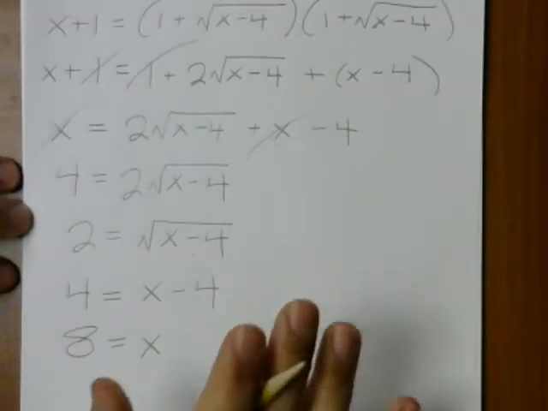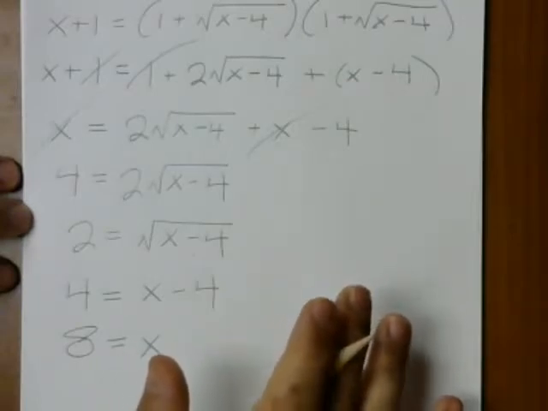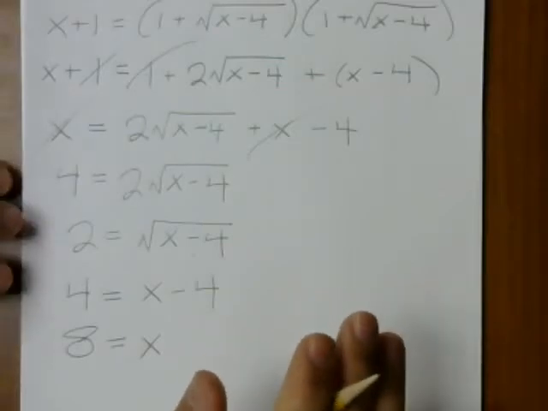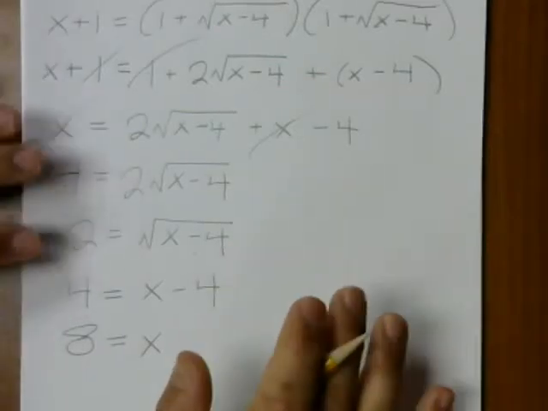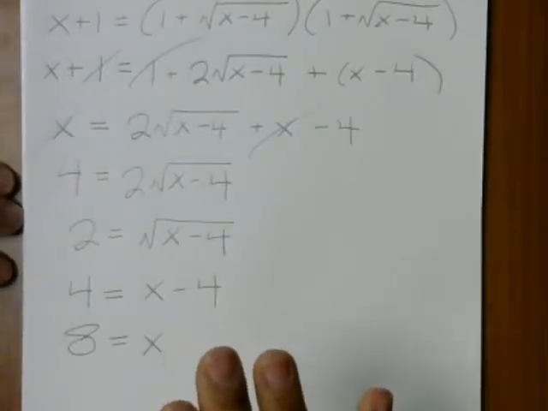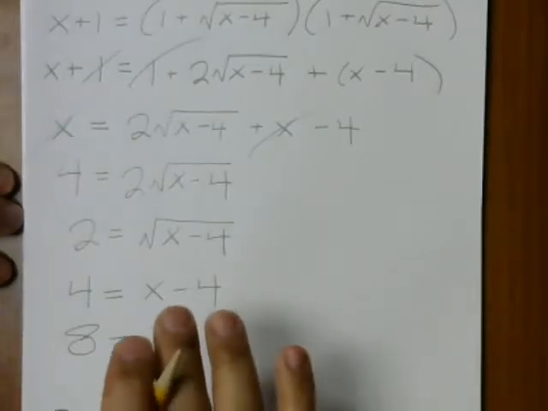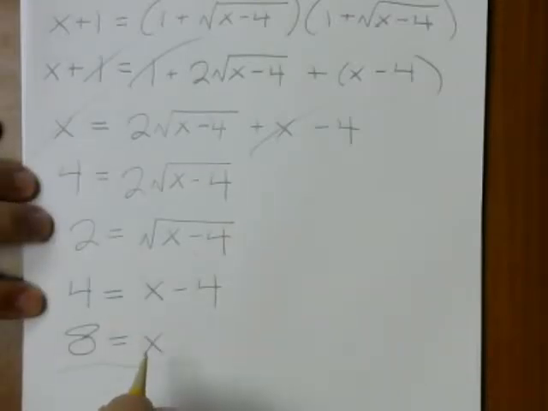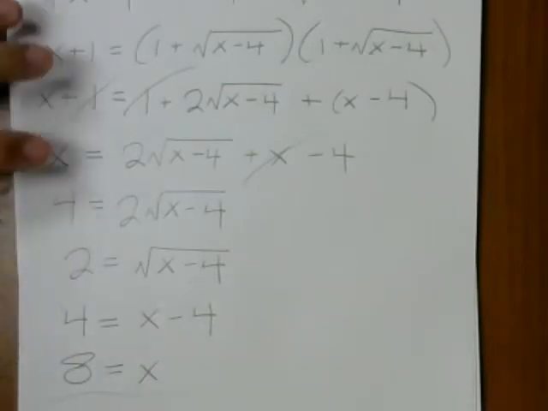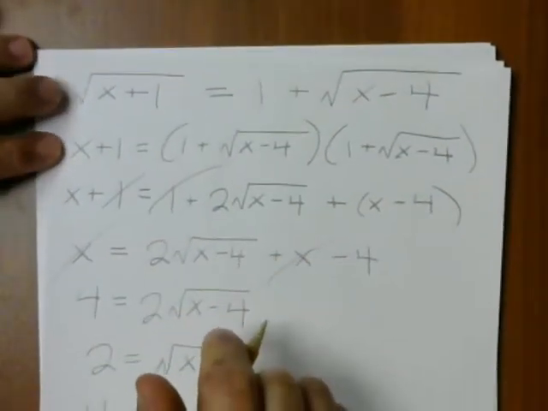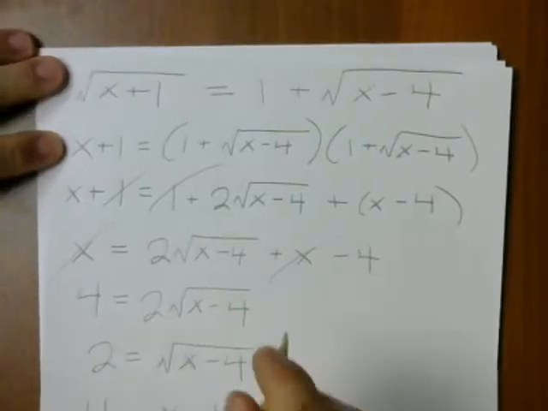Now, we didn't just square both sides of the equation once. We squared both sides of the equation twice. Each time I square both sides of the equation, there is a chance that I'm creating solutions that don't really satisfy the original equation. So I really need to go and check this. So let's go back and take a look. What happens if I try to plug in 8? I would get,